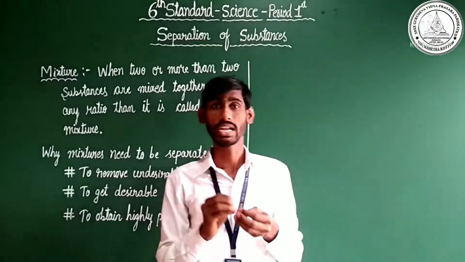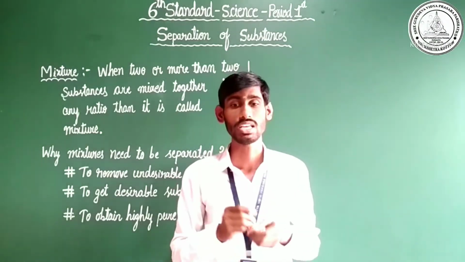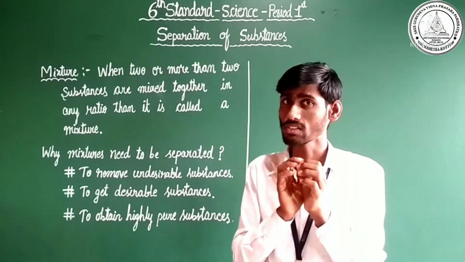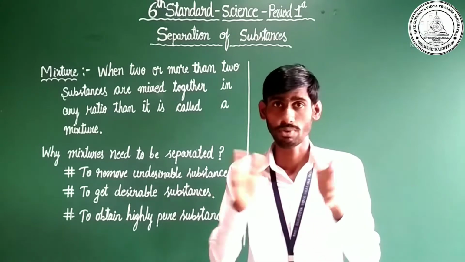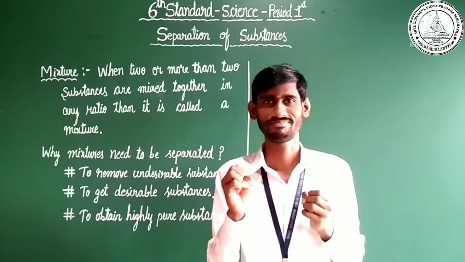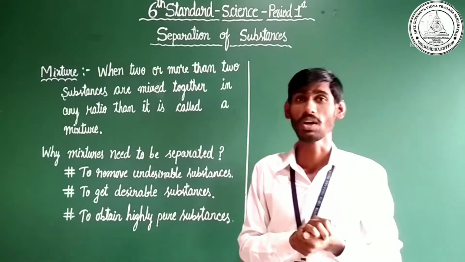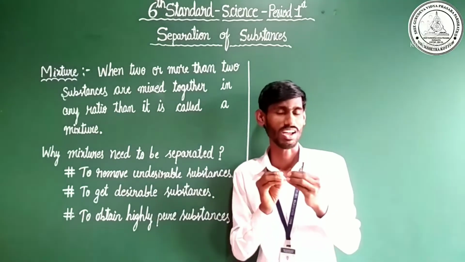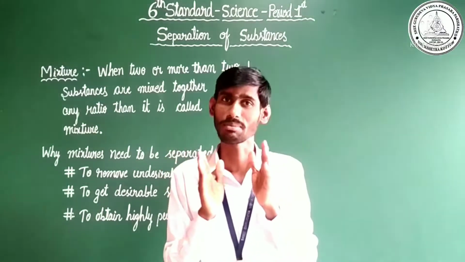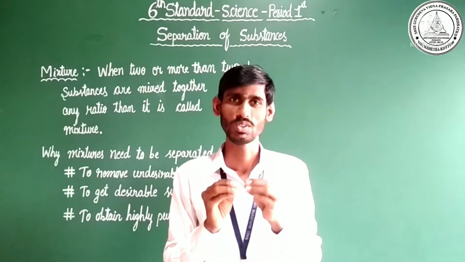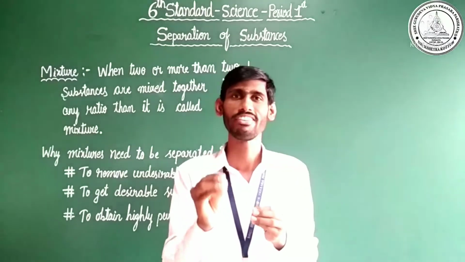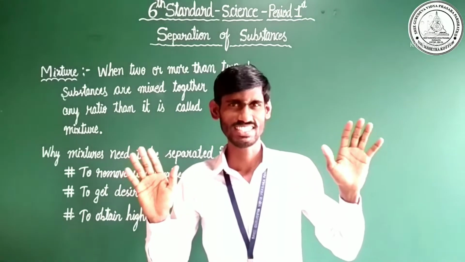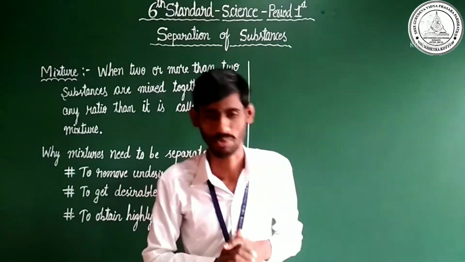And also, the grain is separated from the stalk. Grain is separated from the stalks while harvesting. That is also separation. Without separation, it is highly impossible to use. Okay, dear children. And also, you eat poha every day. While eating poha, we separate the chilies because those chilies are very spicy. So that is why we move the chili to one part of the plate. Is it right? Yes, this is separation.